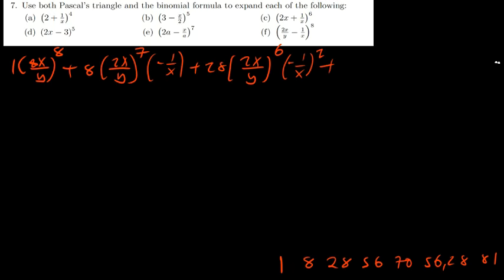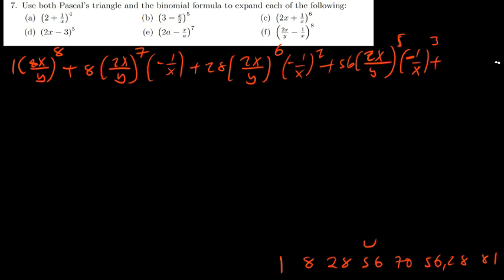Keep on doing plus. The next coefficient is 56. So 56, 2x divided by y raised to the power 5. Then the other one is negative 1 over x, raised to the power 3,